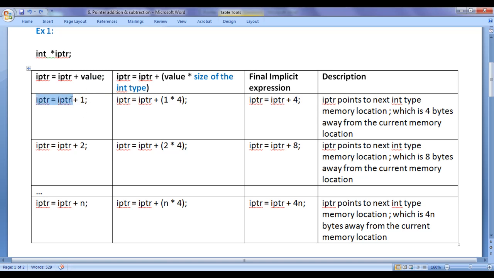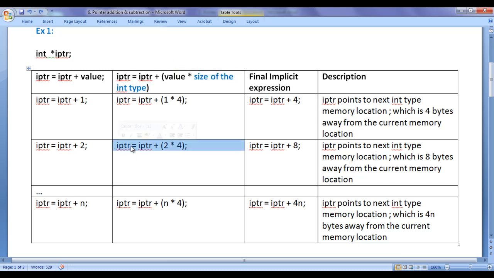When this expression is executed, IPTR navigates to the next integer type memory location, which is 4 bytes away from the current memory location. If you write IPTR equal to IPTR plus 2, implicitly it is expanded to IPTR equal to IPTR plus the given integer value 2 multiplied by the size of the integer type 4.